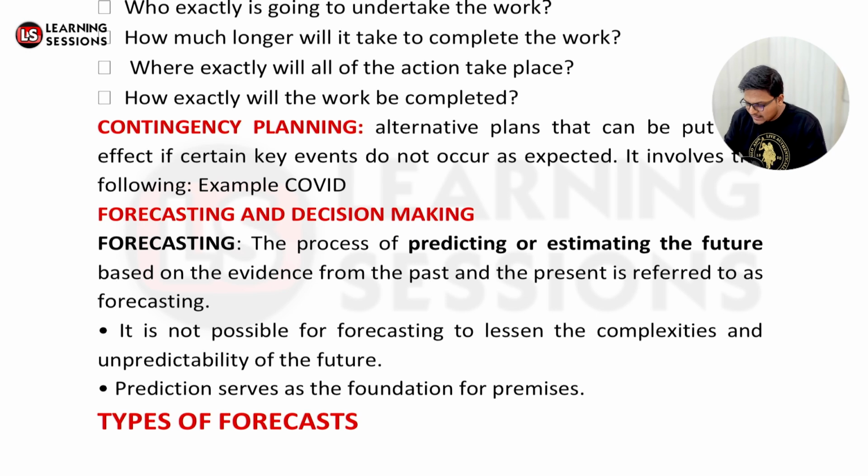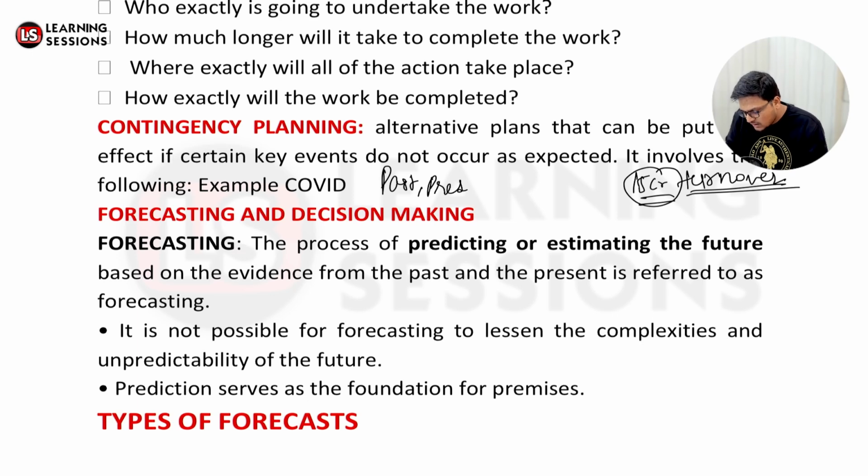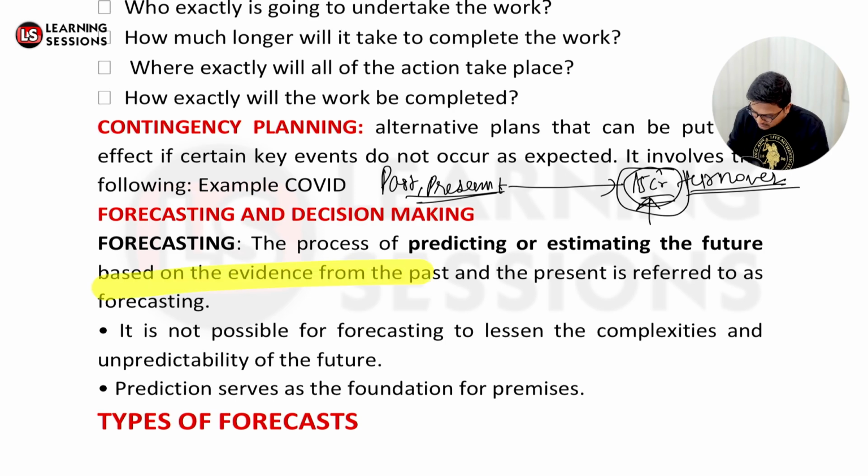Now when I'm saying that I want to achieve 15 crore of turnover, from where did this 15 crore turnover figure come? It must be the case that using the past and present data, I have estimated or forecasted that after 3 years I can be having 15 crore of turnover. Now this is the basis of my premises. Forecasting is the basis of the premises. This is what we are saying, right?